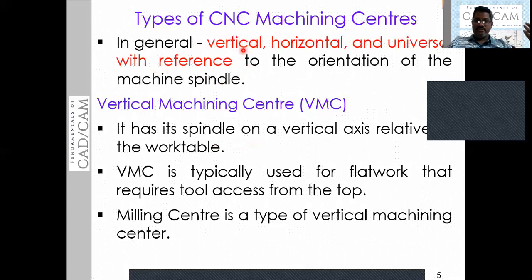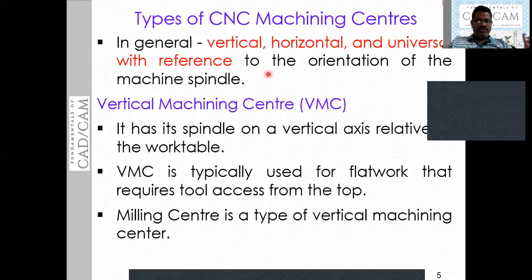According to the orientation of the spindle, or the movement to which the tool can reach, these CNC machining centers are classified as vertical, horizontal, and universal. In terms, we can also say up to what extent the spindle can reach, where the tool can reach.